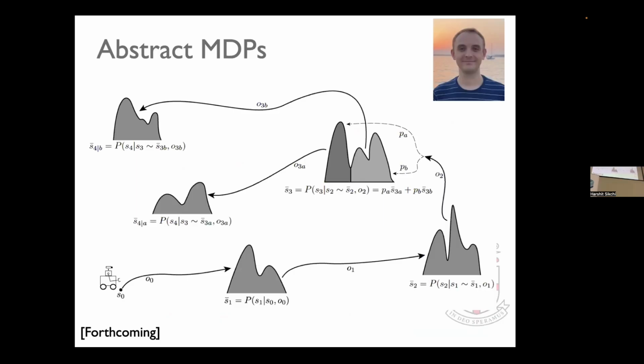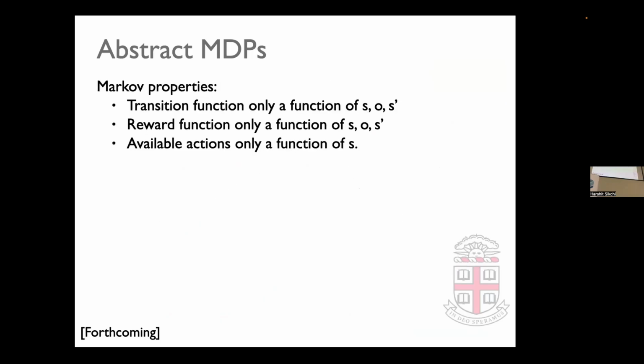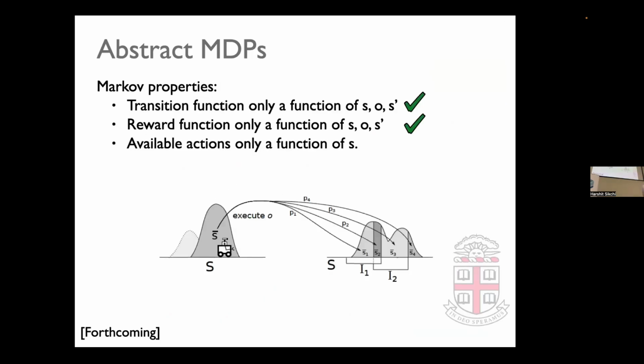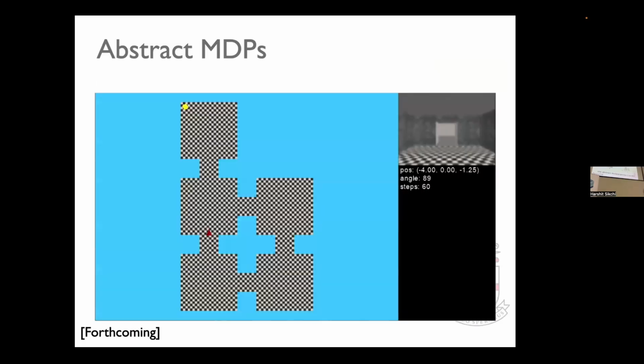And so you should think about an agent jumping between distributions of states, and you choose to refine that distribution. You should always be able to identify which option can be executed, otherwise you're not normal. So we can construct an abstract MDP that takes this jumping between distributions and replaces it with a collection of states, and that model is provably value preserving under some conditions. So it has the Markov property, and it's an MDP if the original thing was an MDP.